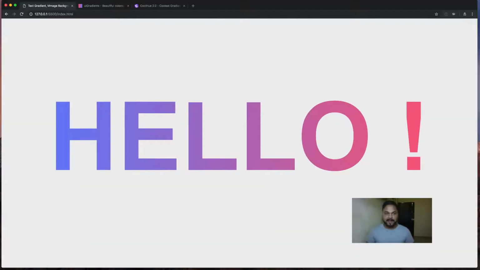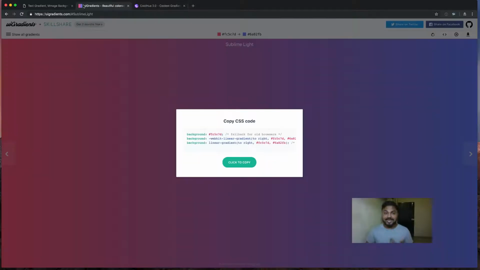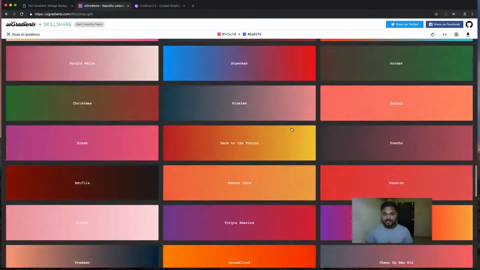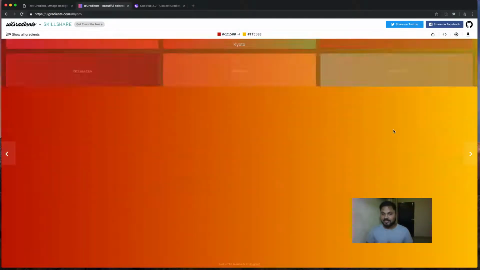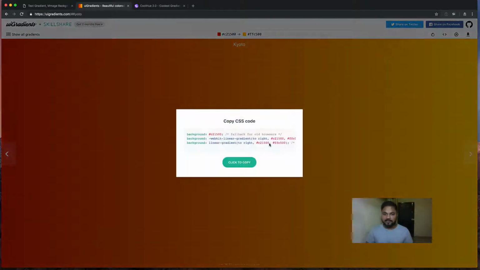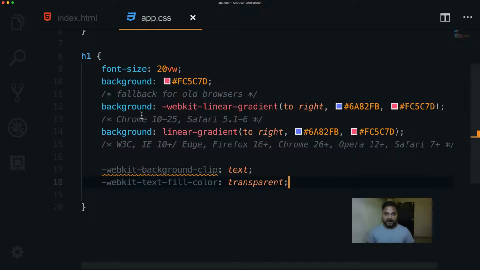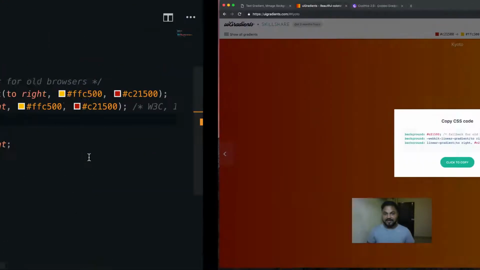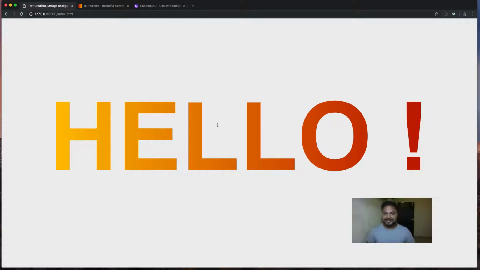Obviously you can just get back to right here. You can use any gradient you wish. It's totally up to you. So let's say I'm gonna make use of something like this one. Just go ahead, grab this one, click to copy. You can get back to right here, paste it, save it. If I get back to right here, you will see that now we have that amazing text effect. So this is how you can add gradient in your text, and this is not limited to only this